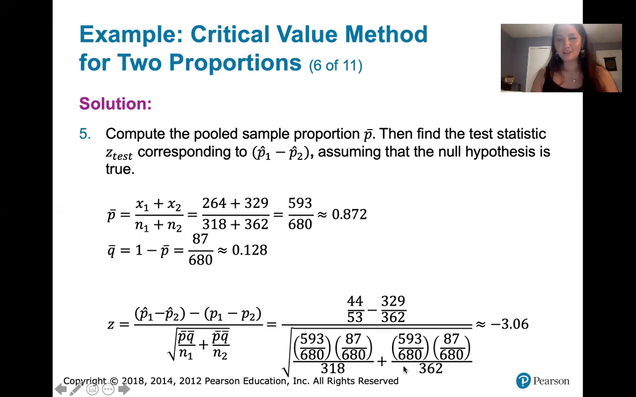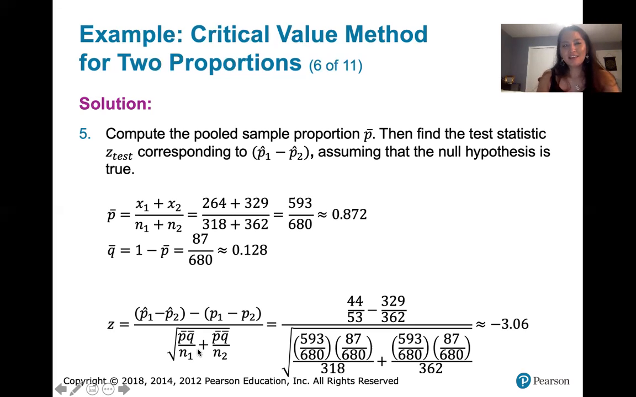And you could enter all of this into your calculator, or you could use something like Excel to compute this, and we get a z-score of negative 3.06. So what that's telling us is that the value of P1 hat minus P2 hat we got in our sample is 3.06 standard deviations below the mean, provided that the null hypothesis is true. That's quite a few standard deviations below the mean. We want to know if that's statistically significantly low. So we're going to figure that out